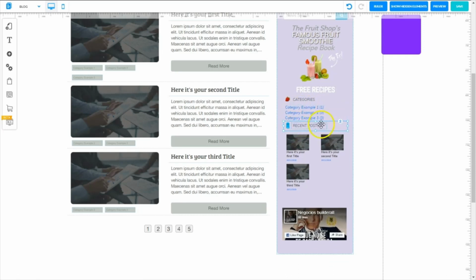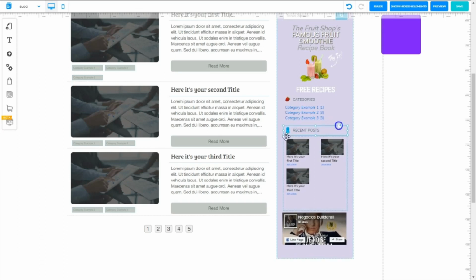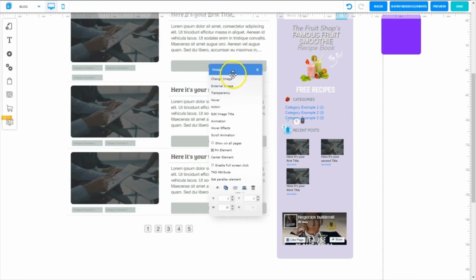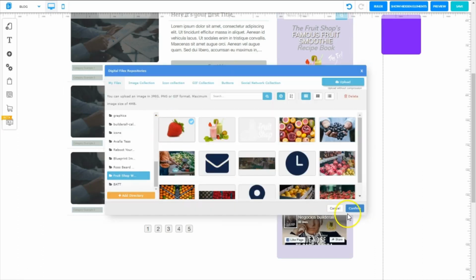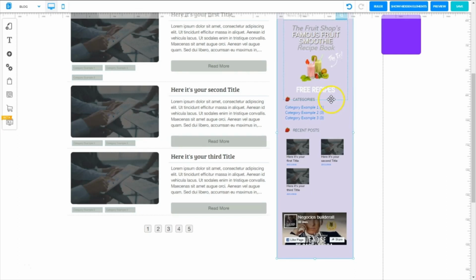I can get right up next to the element directly above this element, but I do want to leave a little space. So I'm going to activate the arrow again and bring it down just a bit. For recent posts, let's go ahead and change this image. I'll change image, select our strawberry and confirm, and I'll want to make sure that those elements are all lined